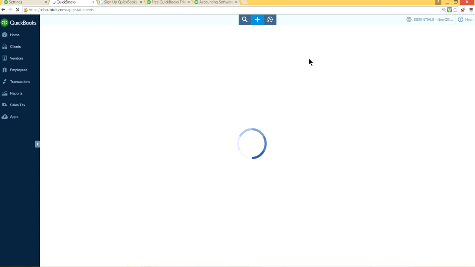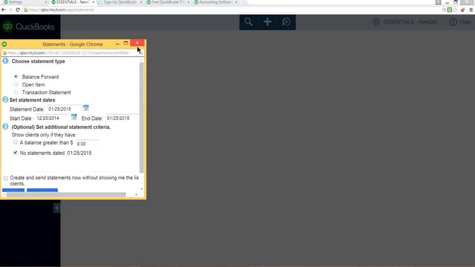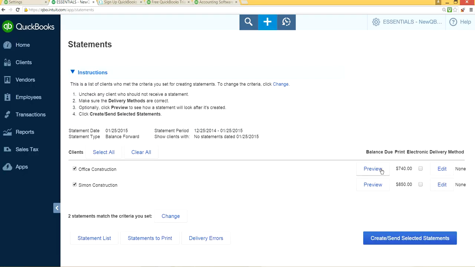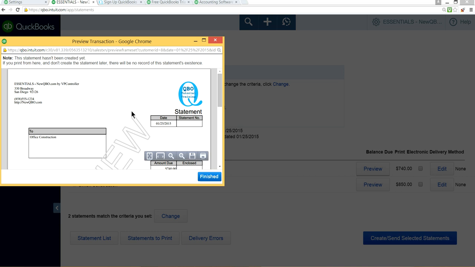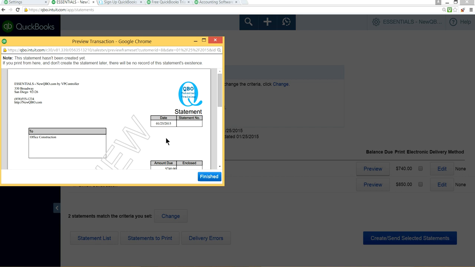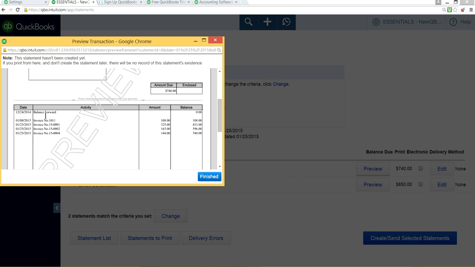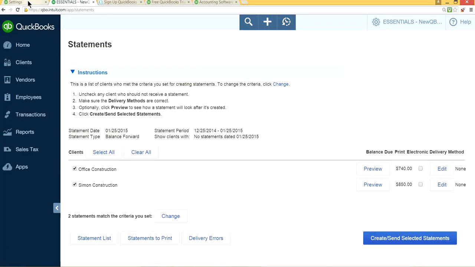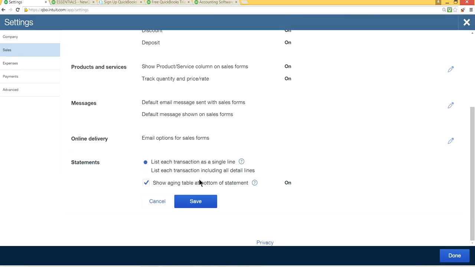Statement. So this is the one they're talking about. See right here, underneath, you'll see current due and aging basically, past due and amount due. So you've got the balance forward and the listing of all invoices. So everything comes from here, statements. So if you don't uncheck this one and save it,